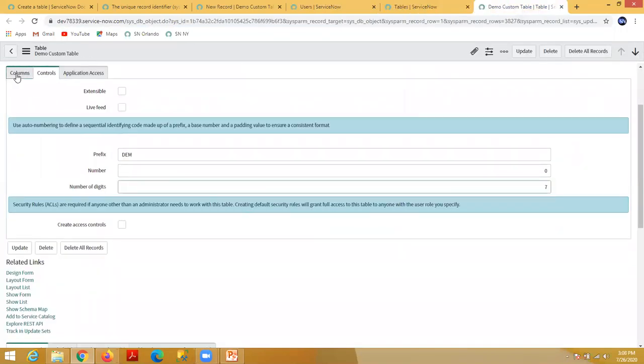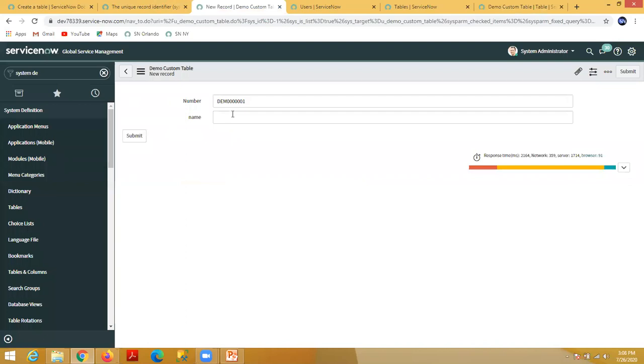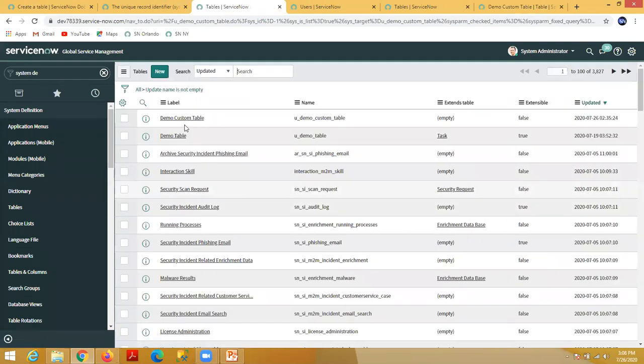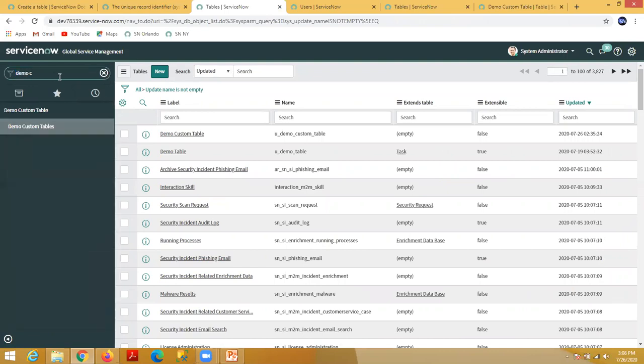Let's say you come here to this column. You can see this "created by" field. These fields are automatically available in any table in ServiceNow. So "created by" is who has created the record. Let's create the first record first. We'll discuss it, just a minute. So now if you open this one,